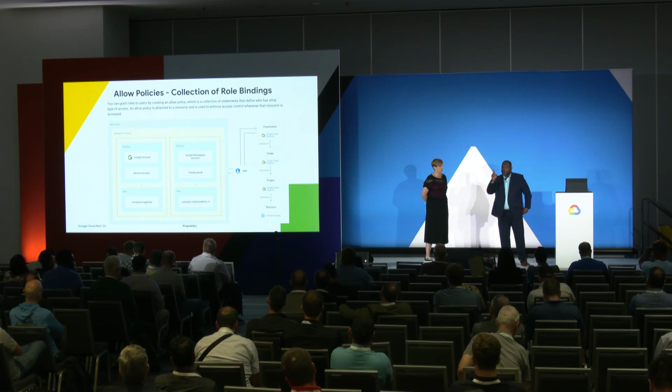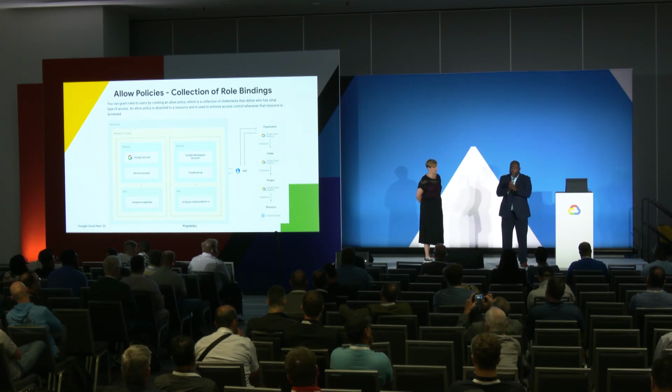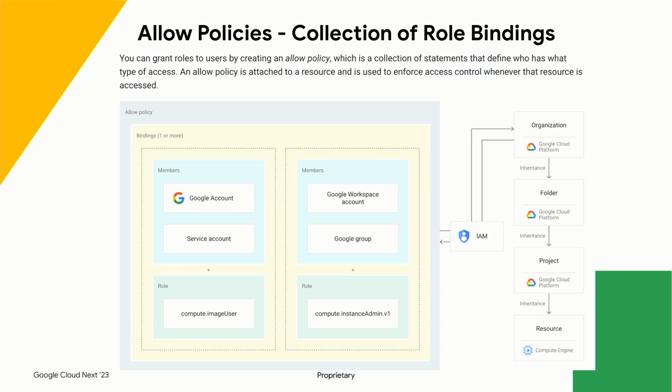Now, the main thing I want to mention here about our policies, whether it's allow, deny, or org policies, is that all Google policies are what's called eventually consistent. Let me let that soak in. It's really important. Eventual consistency means that when you implement a change, whether via an allow policy, a deny policy, or an org policy, those changes may not be available immediately. Especially depending on the size of the organization, you may need to allow sufficient time for the changes to propagate throughout the organization.